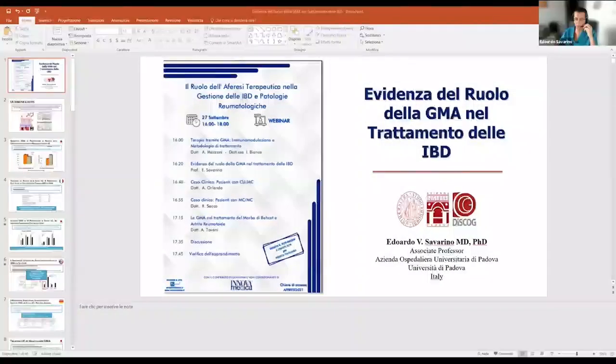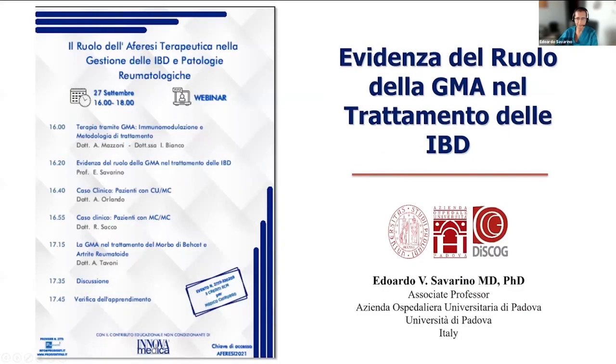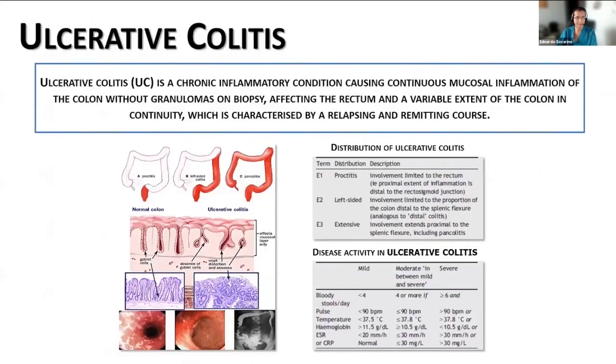I am tasked with emphasizing evidence related to chronic inflammatory bowel diseases, and therefore ulcerative colitis, where there is the greatest evidence of efficacy, and Crohn's disease. Ulcerative colitis is a chronic inflammatory disease involving the whole intestine, involving the colon, and as you are well aware,